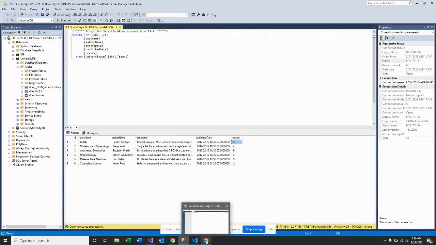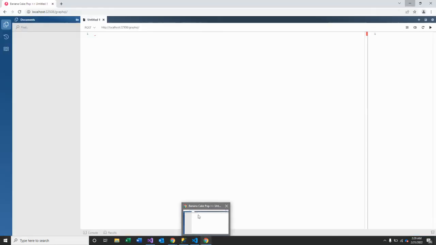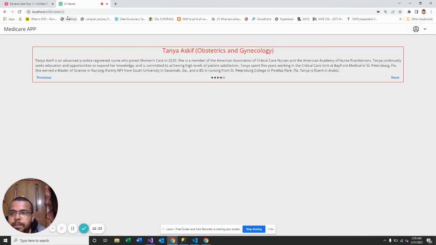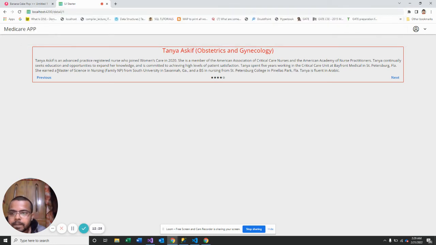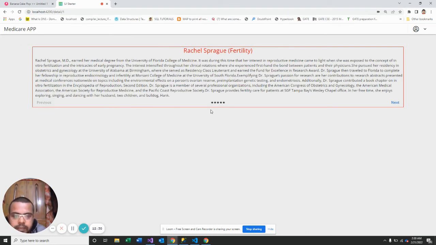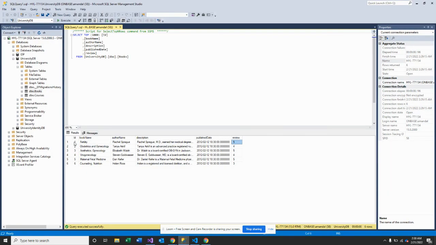Suppose for ID 1, currently it is rating 5, if I change it to rating 1, it will redirect to, I will show you. This is 5 star. In the database also, for ID 1 it is 5 rating.